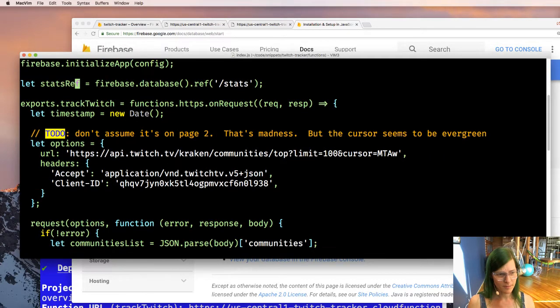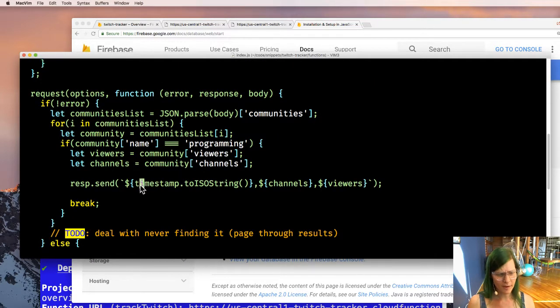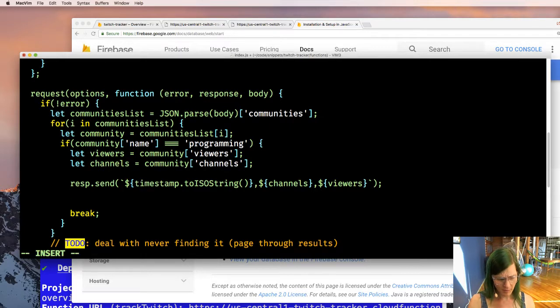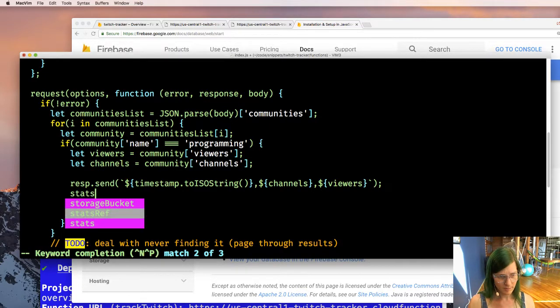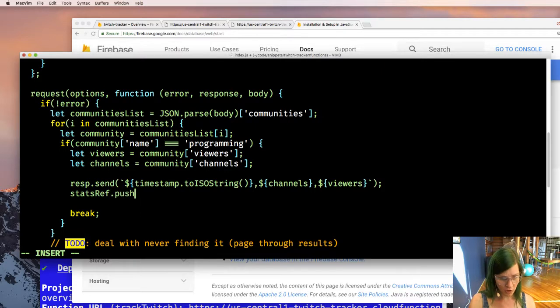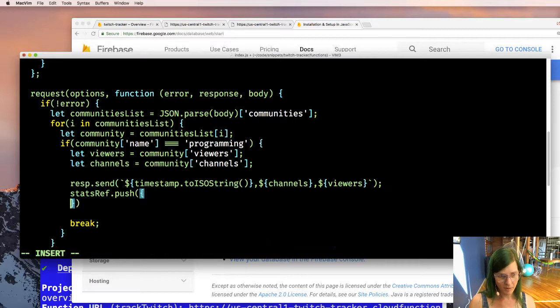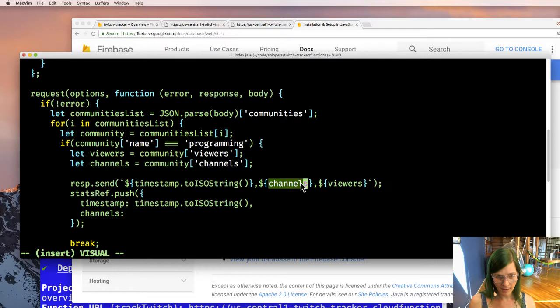So, stats ref. Now instead of just sending it out on the response body, what we will do is statsRef.push, and then we're going back to JSON because we're crazy like that. I was originally thinking spreadsheet as the destination, but I don't have that right now.